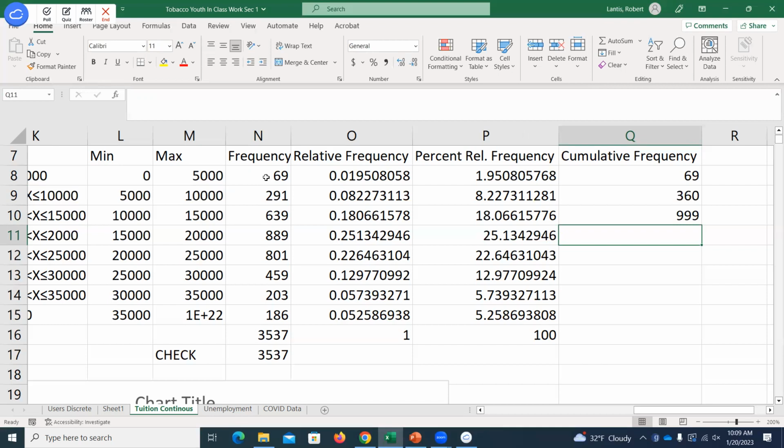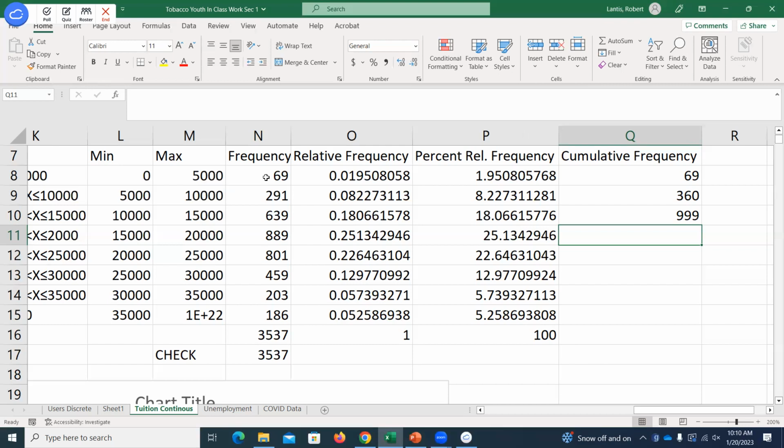So the thing about here, I'll try to give you a nice visual. Maybe I drew this too far. So for this first one, 69, 291, and this one's what, 639. So if I just had the frequencies graphed out here, and I then want to think about, all right, I'm doing my cumulative frequencies over here. Right? For the very first bin, the cumulative frequency was just, well, there's no bins below it, so it's just the frequency of that first bin. Right?